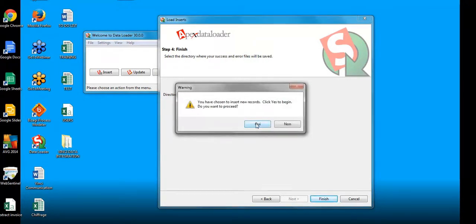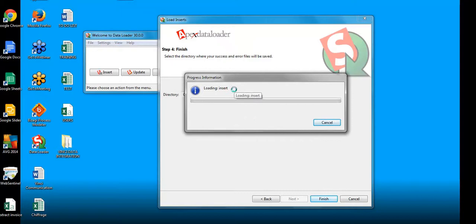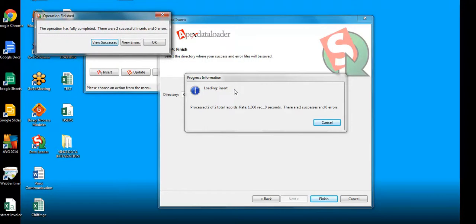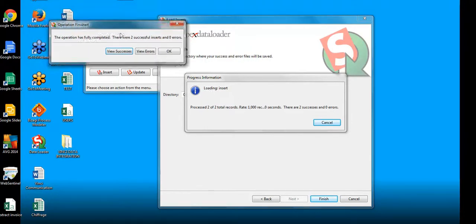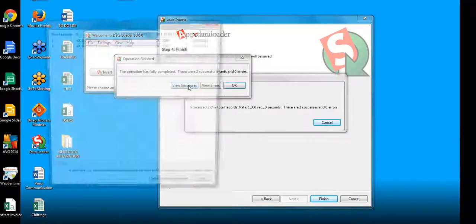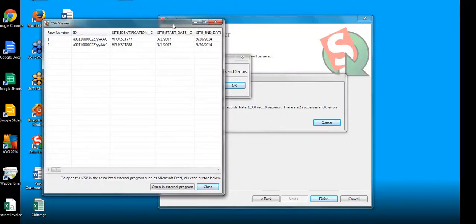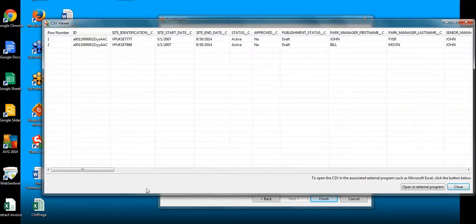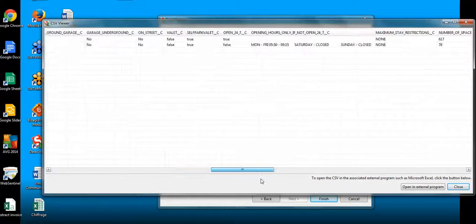Yes, I want to insert new records, and then Data Loader starts the insert of data. Perfect. Here you can see that I have 2 successful inserts. You can view them. Now these park records have a specific Salesforce ID.